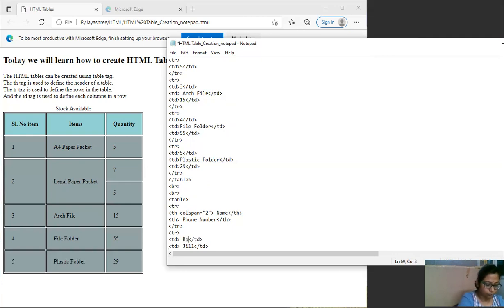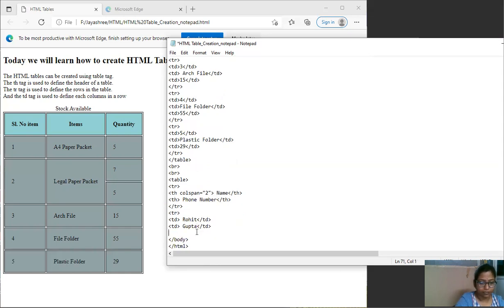Suppose Rohit Gupta, and phone number is say, it's a random number. Okay. Now we close the TR. Again, open another TR.